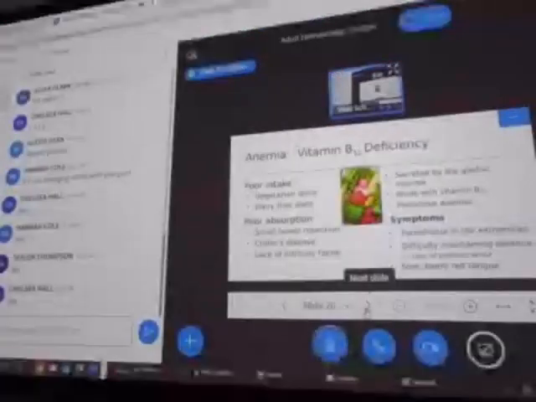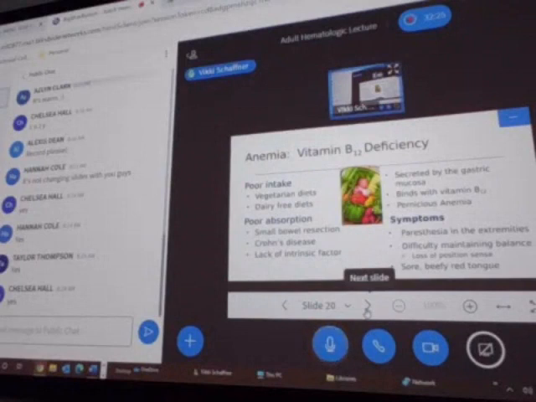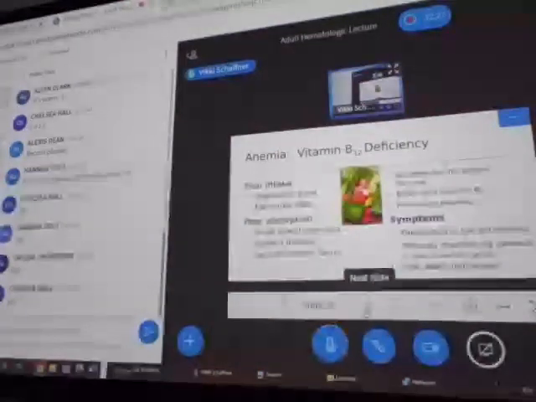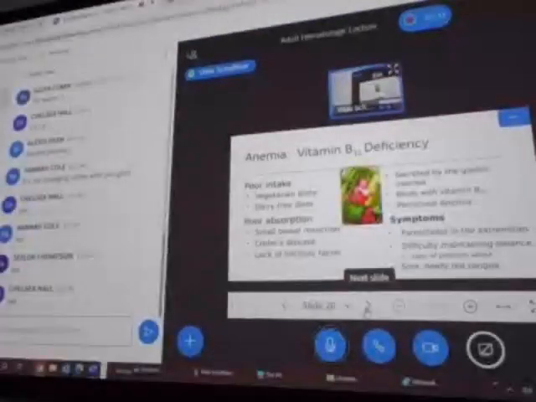There's another cause of low red blood cells, and if I were you, I'd start making a list on my fingers: what kinds of anemia are going to be because of iron deficiency, what kinds are because of B12 deficiency, vitamin B12, or folic acid deficiency. You need to be able to know what kind of anemias we're dealing with. So with B12,